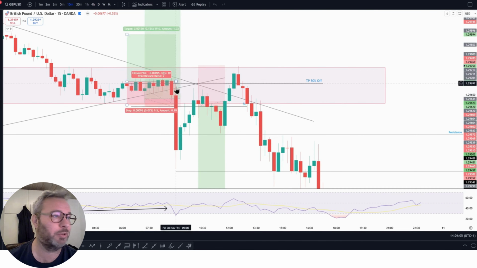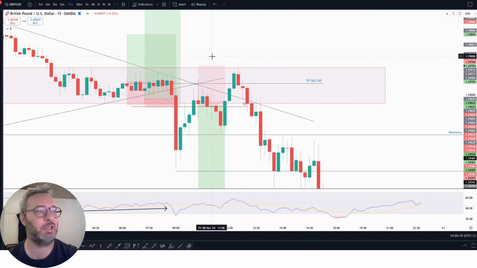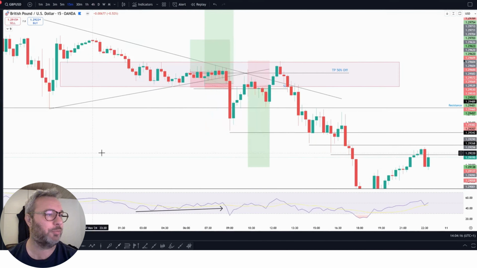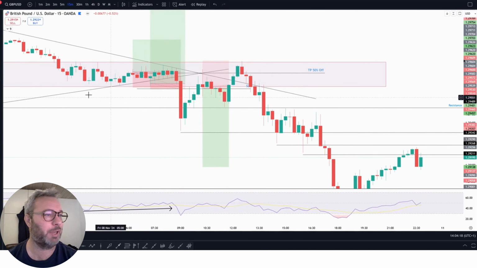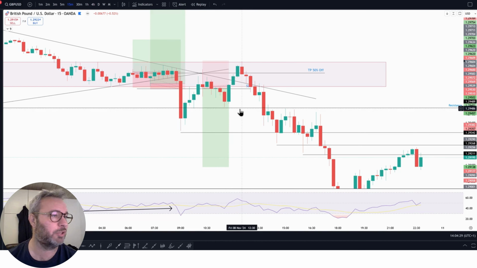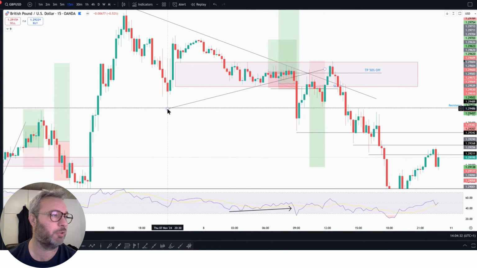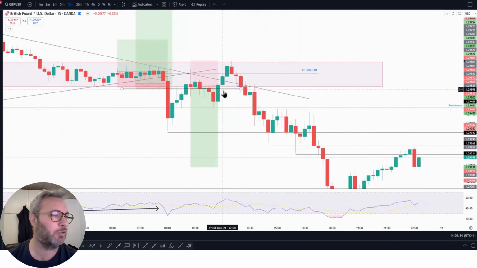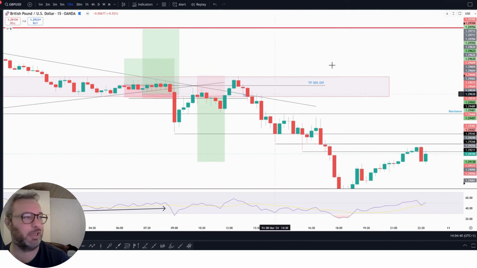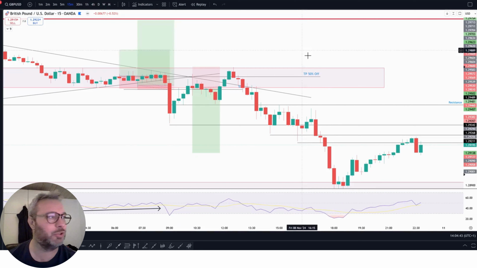Price broke here, went down and took my stop loss at break even pretty fast, and then continued down. My plan was that the price would come back up and retest these lows here. It did, with a very good rejection candle. I shorted. Price went a little bit down, rejected from the resistance line here that I have from this point, and took my stop loss at break even. So all in all, a break even day on the pound futures.